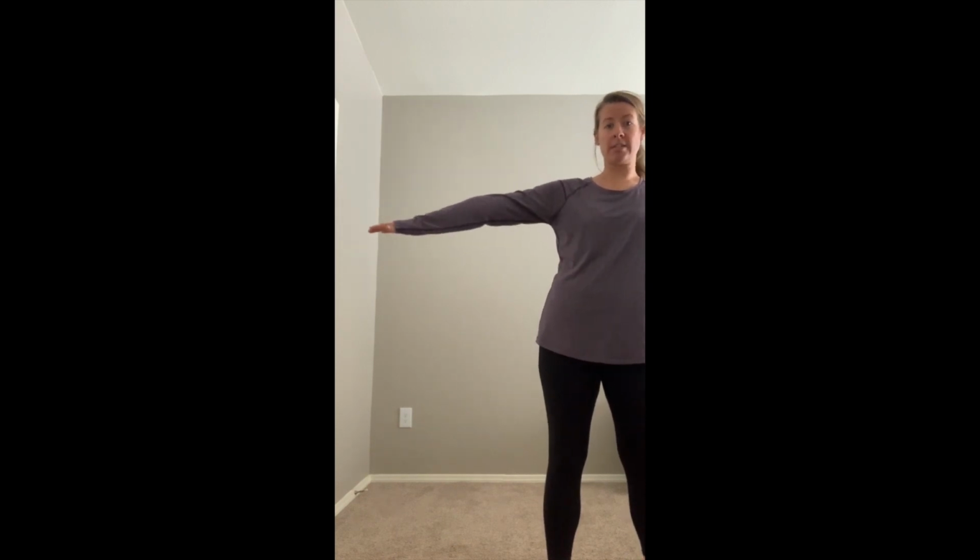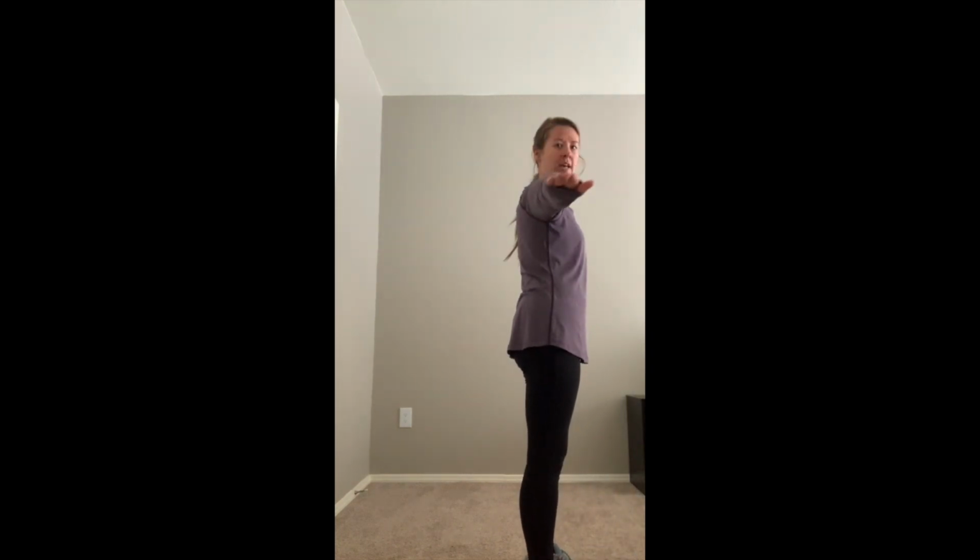Our next exercise is arm circles. Okay, so arm circles, we're gonna take both arms and I'm gonna do this so you can see the full thing. Again, take both arms at the same time, okay? And you just wanna hold it out straight and we're just gonna go in a circle. Here you go. In a circle,